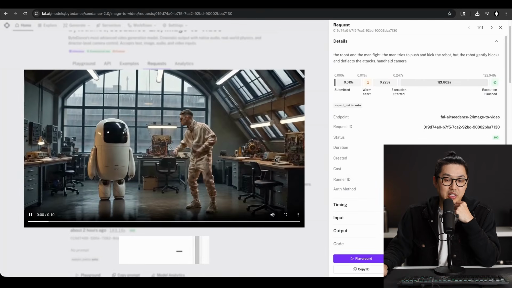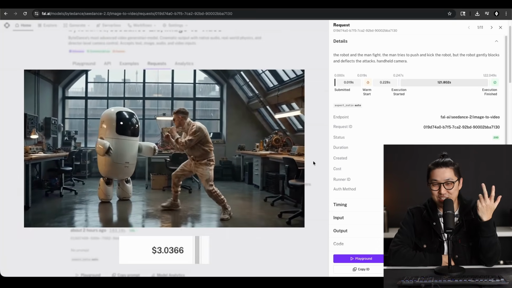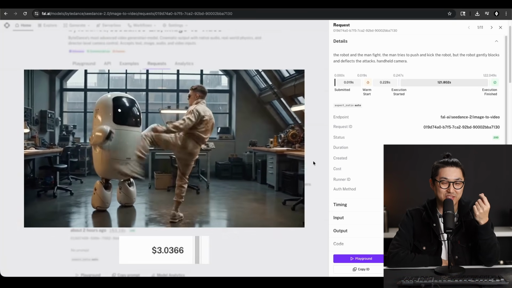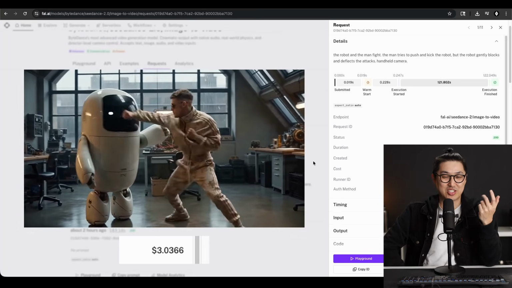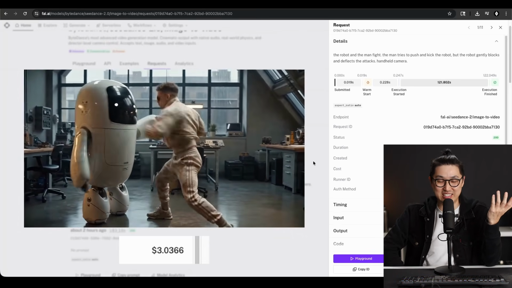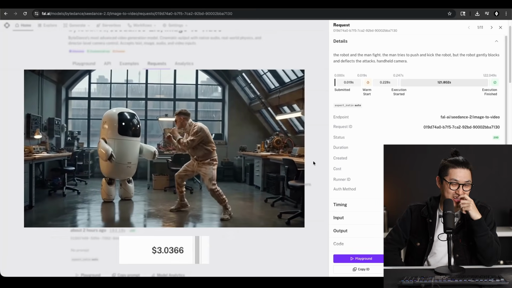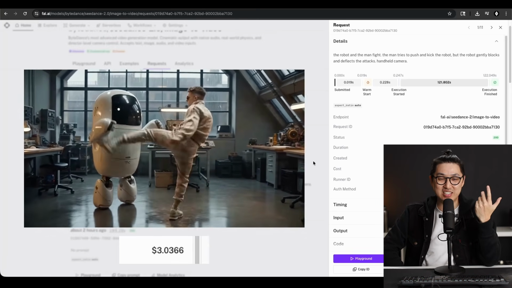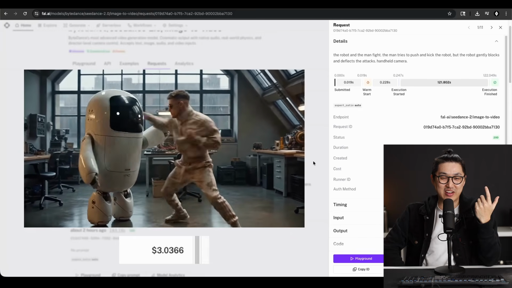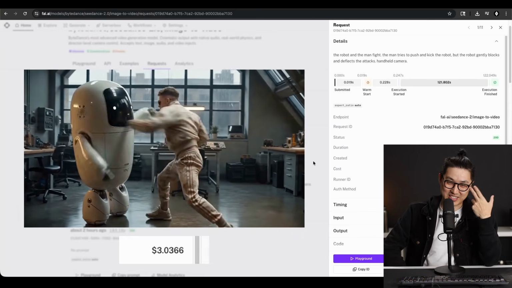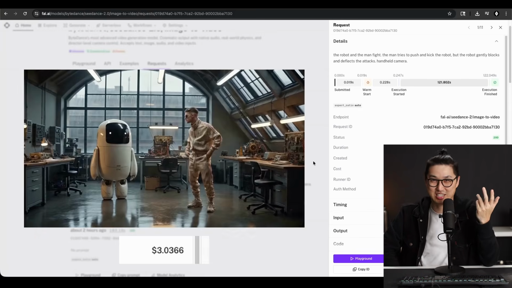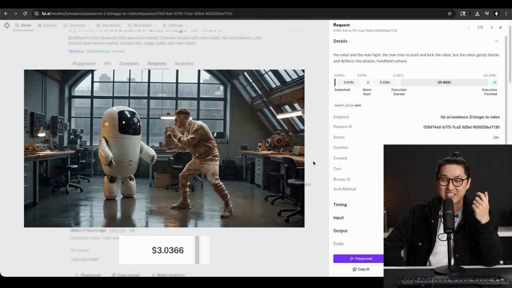Next on the list here is, of course, a lovely fight scene. It wouldn't be Seedance 2.0 without making things fight. So this isn't part of the story. It didn't make the final edit, but I was like, okay, it's Seedance. Let me see if these robots can fight. Do they have hands? And they do. And the fight scene, even though it's kind of hilarious, it does make sense. It's just, this cost $3. Was that worth it? I think it was.